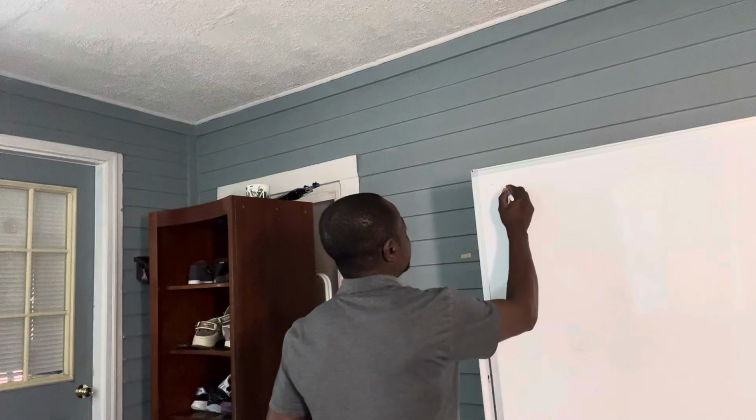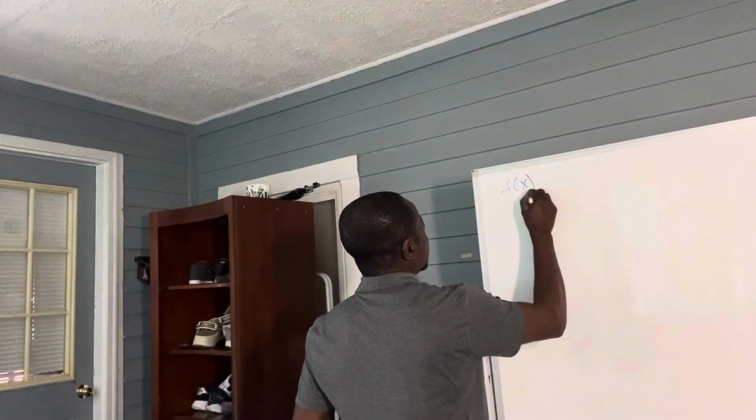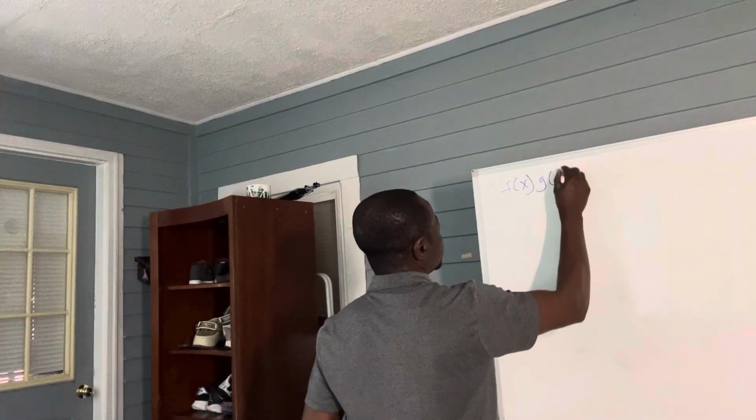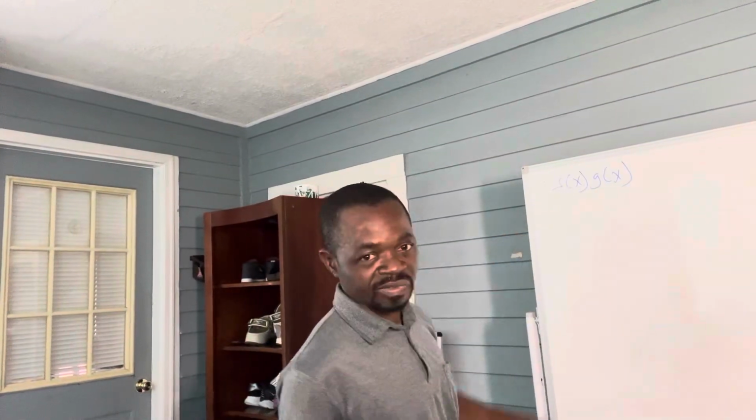So let's go straight to the formula. Let's look at the formula that you can employ when you encounter any question concerning product rule. So, if you have f of x, then g of x, these are two functions. This is a product. Now f of x and we have g of x. So the product rule says,